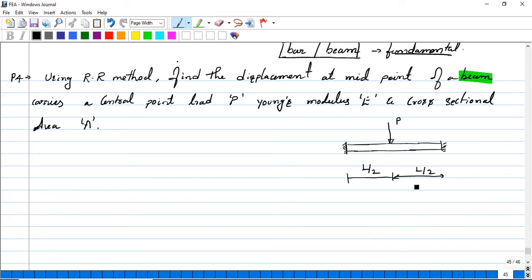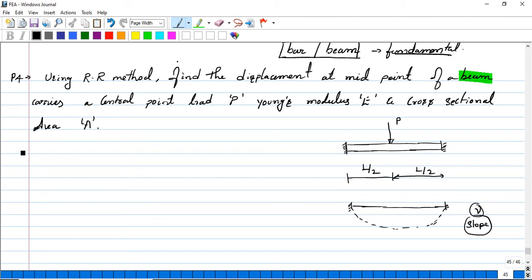If I want to represent the displacement sketch diagram the same way, we know that the deflection in the beam will happen in this form. The displacement can be represented in two forms: the first one is the maximum displacement V, and the next one is the slope. These are the two displacements that we have to consider when we take an example under beams. Now we shall understand the RR method for beams step by step.